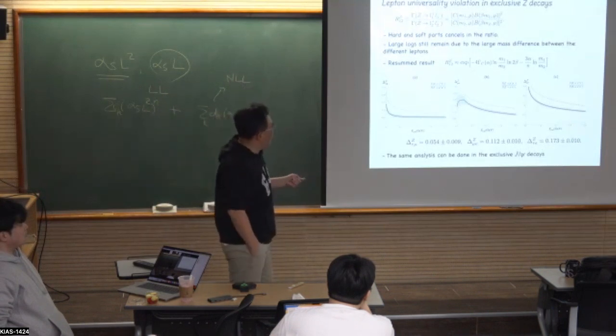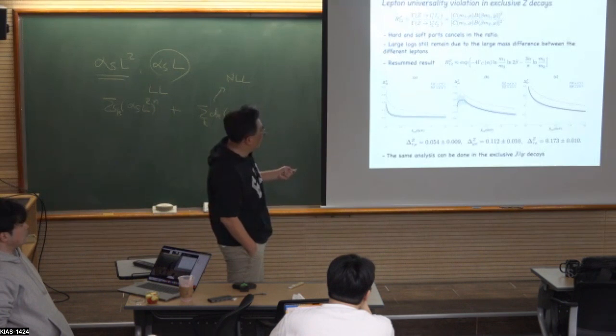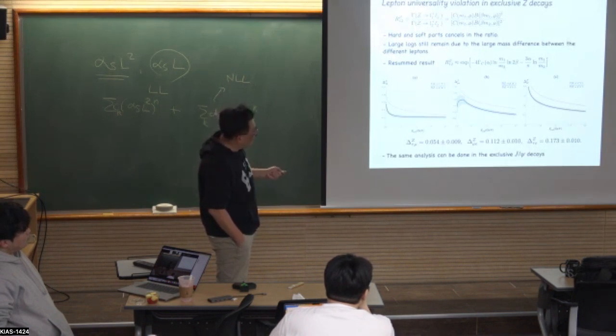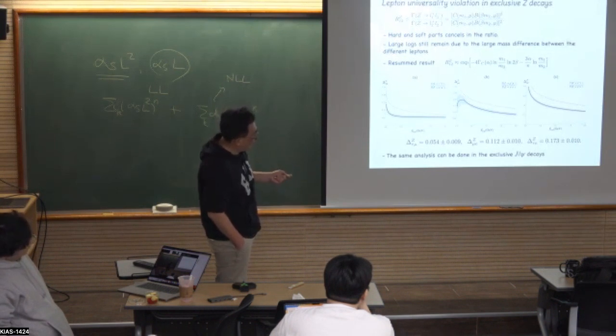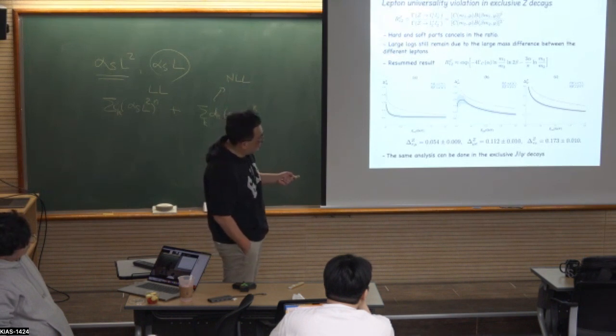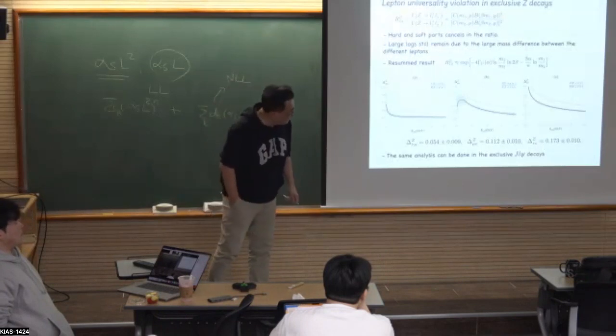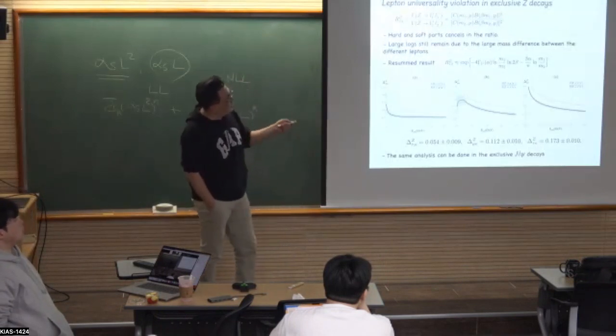Okay. So roughly here, setting the E cut as 1 GeV, the violation result is 0.5% between the tau and the muon, and between the muon and the electron, and 10% and 17% between the tau and the electron. Okay, so interestingly,